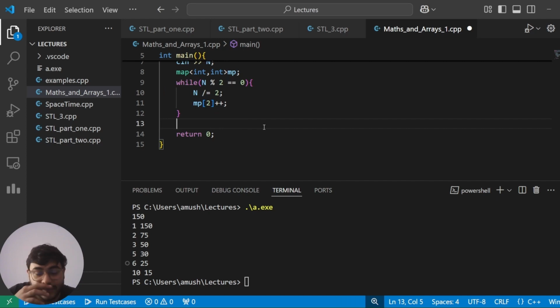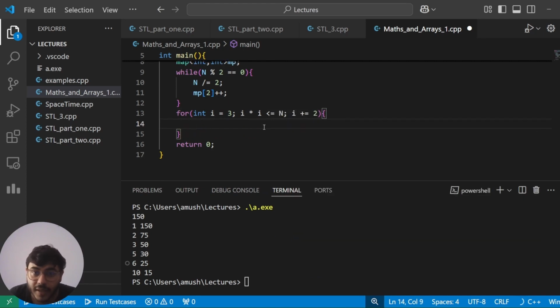ओके, नाउ वी कैन सी कि हमारा n लगातार रिड्यूस भी हो रहा है, हम उसको बाय 2 से डिवाइड भी कर रहे हैं। ओके, नाउ लेट्स ट्राई टू रन द लूप फॉर int i = 3, i into i is less than equal to n and i += 2। ओके, यू कैन सी हेयर वी हैव मेड अ मॉडिफिकेशन, क्योंकि जितने भी प्राइम नंबर्स होते हैं वो सबके सब ऑड होते हैं, दैट्स व्हाई 3 5 7 9। रिमेंबर 9 हमारा ऑड नंबर, 9 जो है वो प्राइम नहीं है, ठीक है,